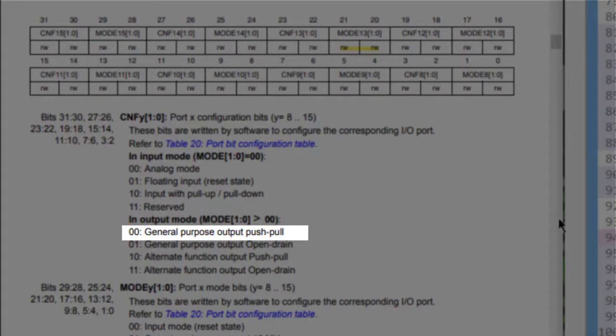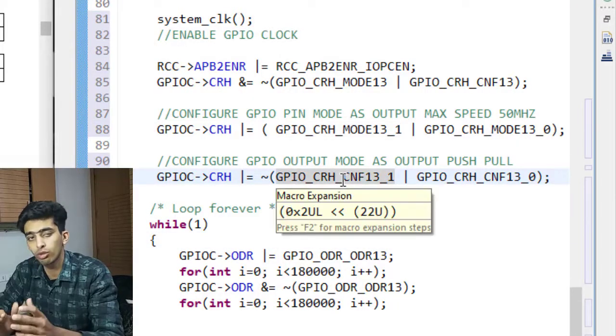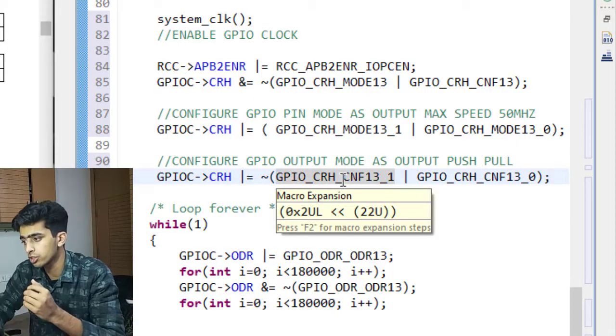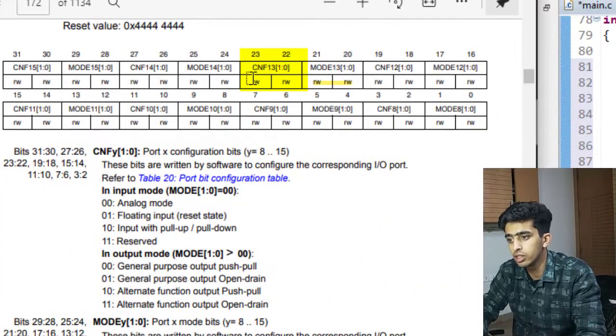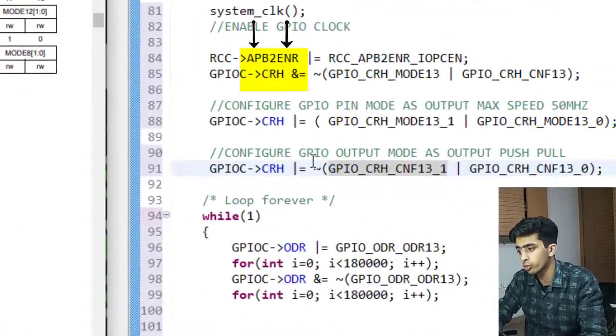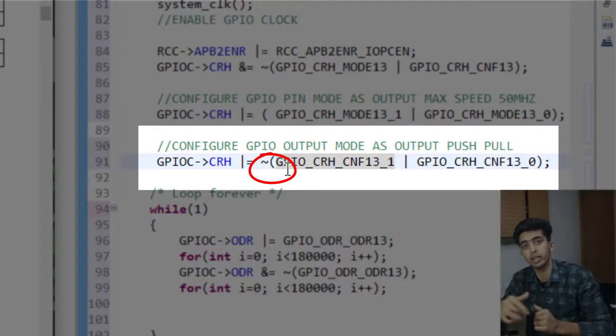For output push-pull, I need to set these bits as 0 0. As these bits are defined as 1 by default by the macro definition, as you can see in the macro expansion, I just OR both of these, CNF13_1 and CNF13_0, and apply the NOT operator so that all the bits are reversed.